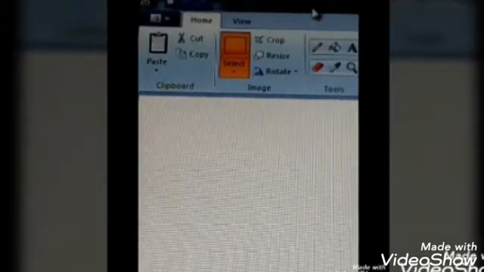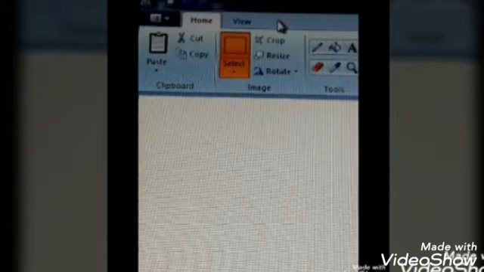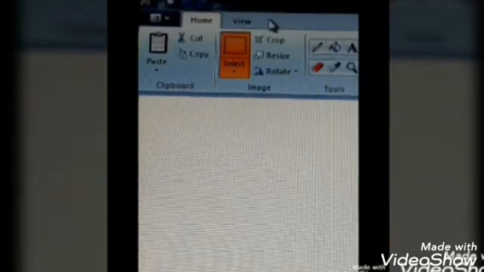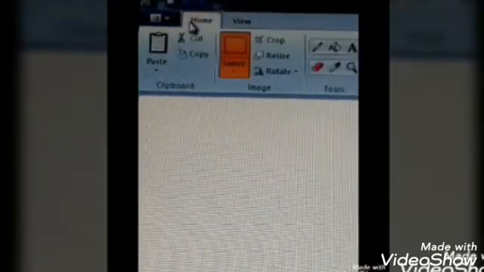See here, children, now you all know the title bar. Now we'll get to the next bar. You can see the next bar. This is known as the quick access bar. That means you have a quick and fast way to access the tools. There are two parts. One is Home and one is View. First I will explain the Home part.